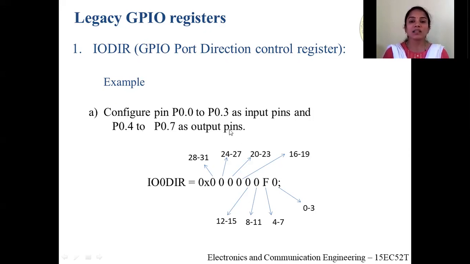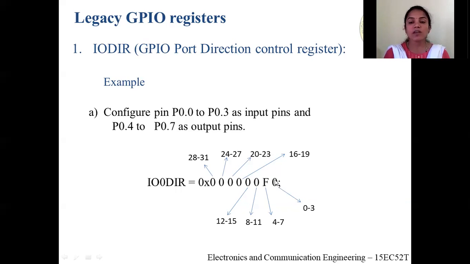So to set the 32-bit pins, we need a 32-bit value. Each hexadecimal digit takes 4 bits. That is, we divide the 32-bit value into 4 bits each, and each group of 4 bits is represented by a single hexadecimal digit. If we convert a 32-bit binary value into 4-bit groups, we obtain an 8-digit hexadecimal value.